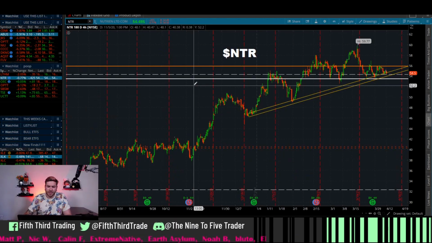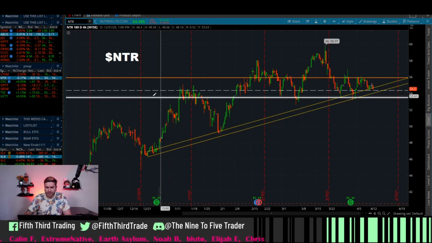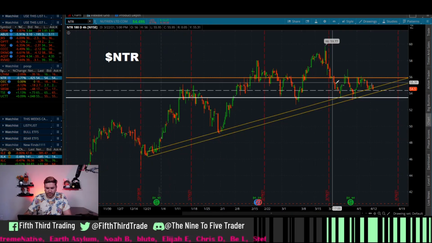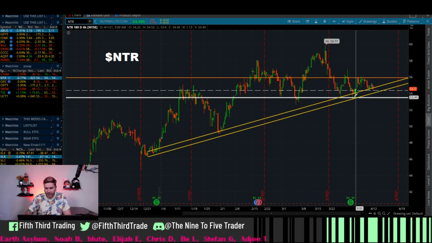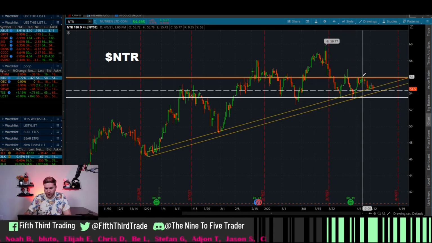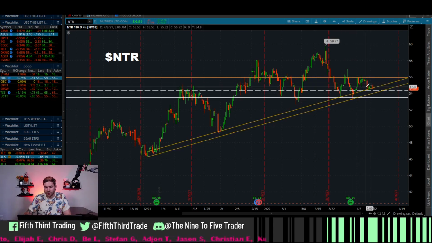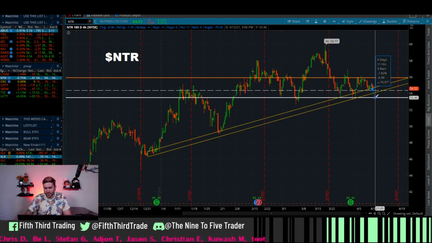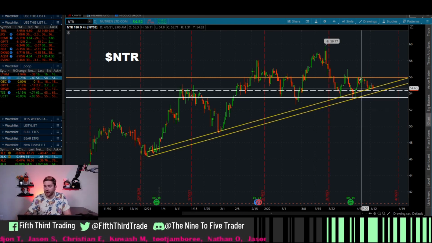So next is NTR. It's looking pretty good here. We can see consistent higher low, higher low, higher low across the board. And recently it didn't have one. It did have a lower low and then a lower high. And so we need to see it reverse soon. If it does come down to like 53.39, it needs to start to reverse. If it doesn't, I wouldn't touch it.